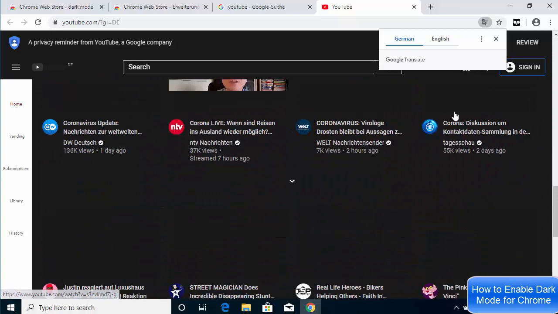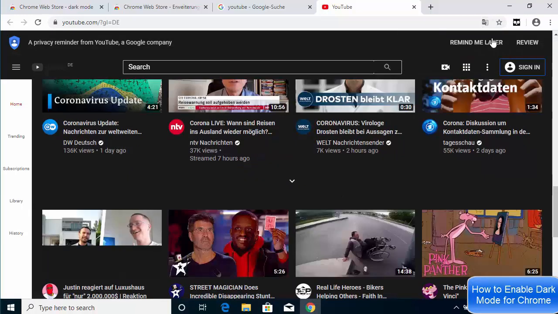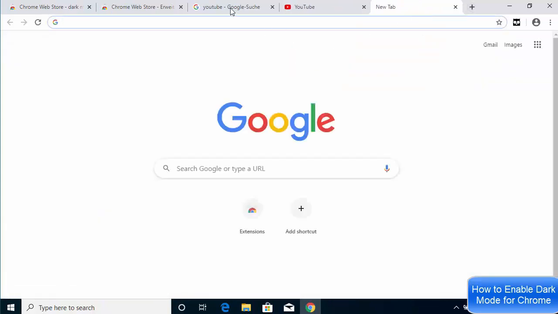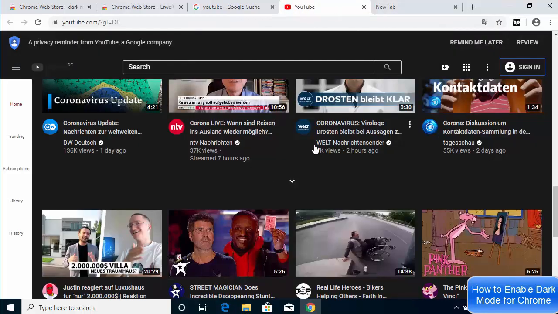This is how you can enable dark mode for all the websites on your Chrome browser. If you want to enable dark mode for the browser, go to the properties, and if you want to enable dark mode for the websites, use this extension.